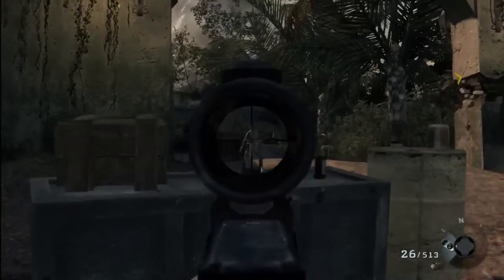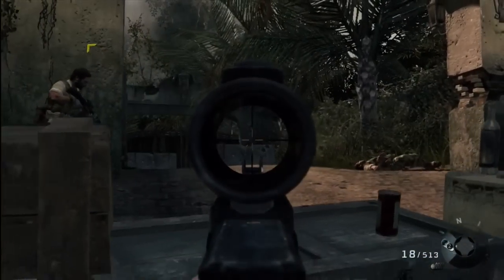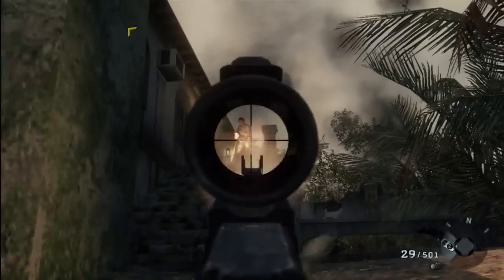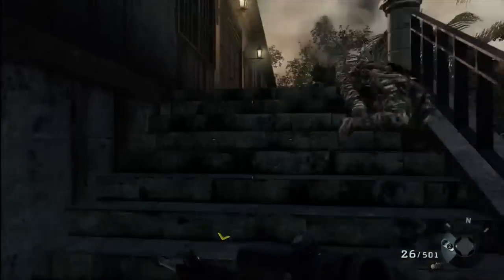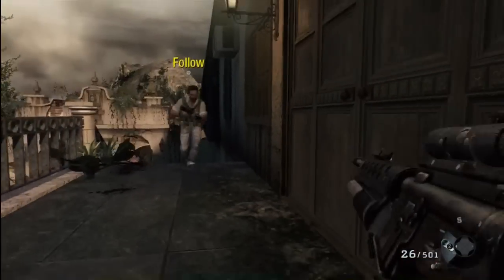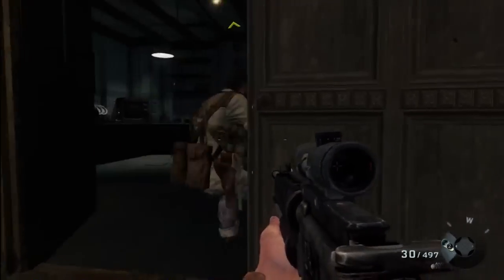I play with tactical because it's a lot easier to drop and get back up, without ever moving my fingers off of my thumbsticks. Always remember to stay behind cover, don't be afraid to pop out and prone like that. Usually, like I said, enemies are aiming more up than down,